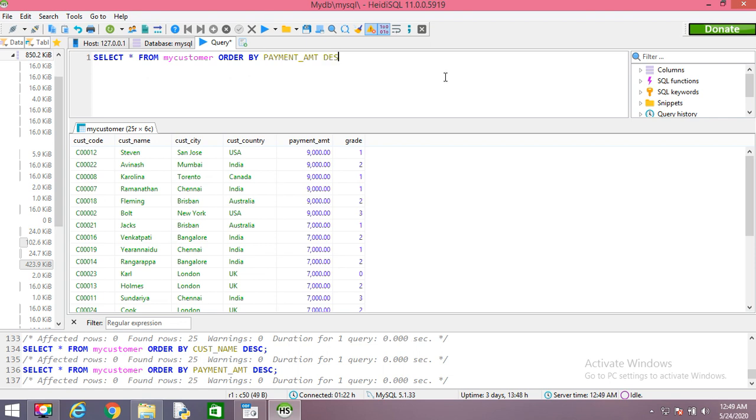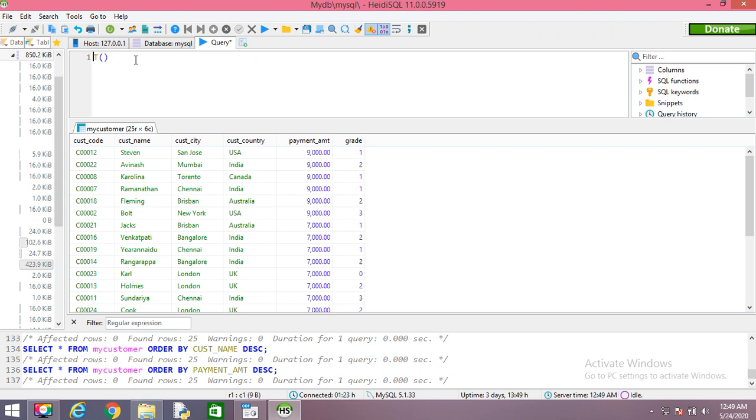Now next I want to discuss a little bit about these two functions, that is count asterisk and count with some column name, where the column name can be passed as a parameter. So this is for finding the total number of records in a table, and this is for finding the total number of values in a particular column of a table.